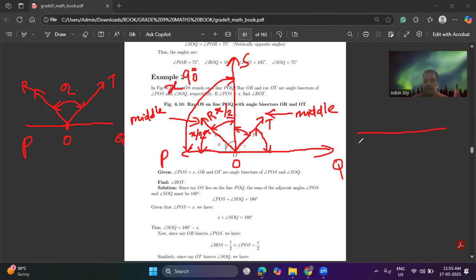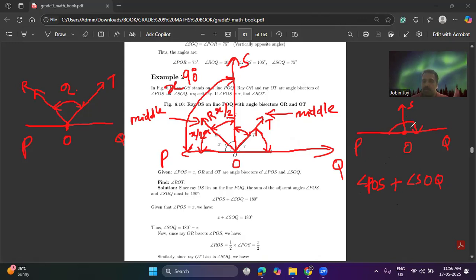I'm taking this line POQ, and this is OS. POQ is a straight line, and a straight line means the angle is 180 degrees. So I can write angle POS plus angle SOQ,